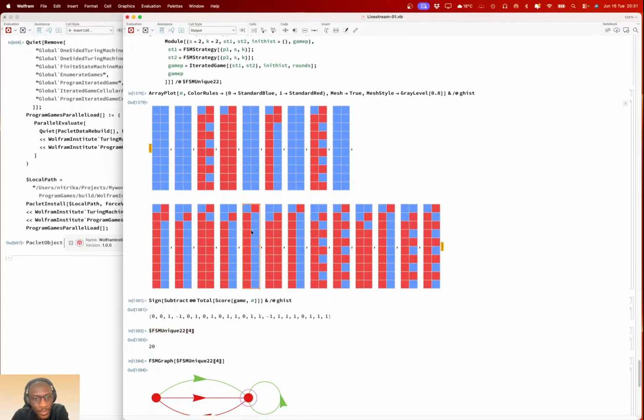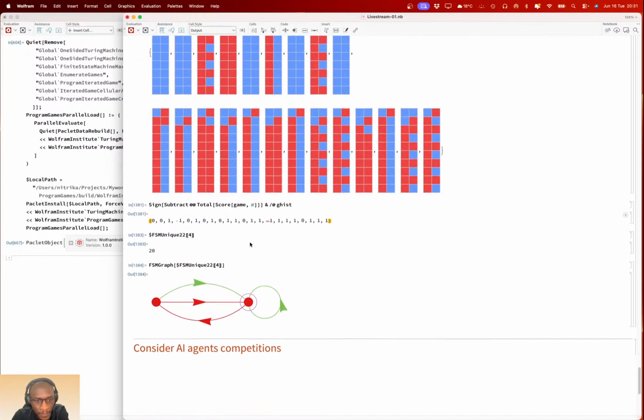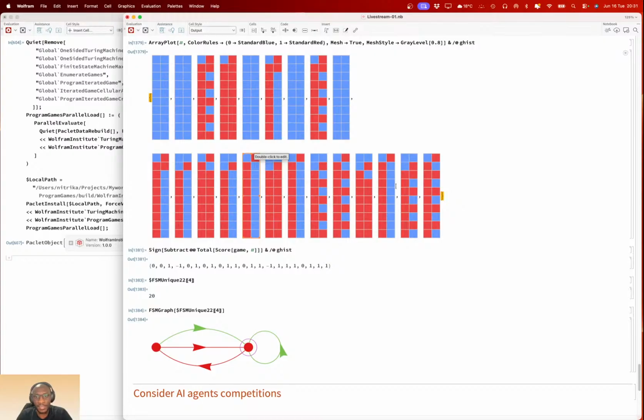But the point is that when you play a grim trigger against all two-state machines, let's find an instance where the other one got punished, which is this guy. So the grim trigger starts off by cooperating, then the opponent defects, then what it does is just defect, just punishes the opponent for betraying it.